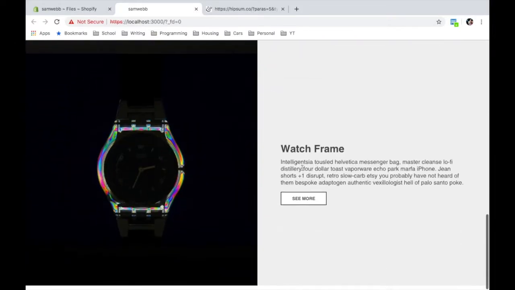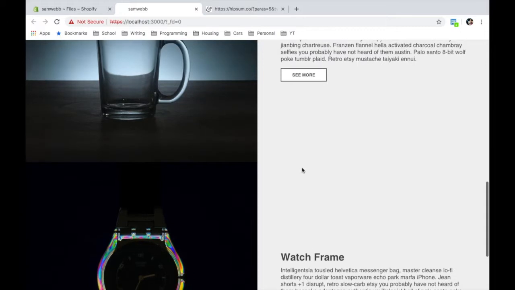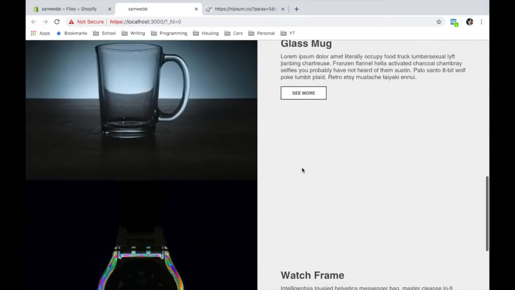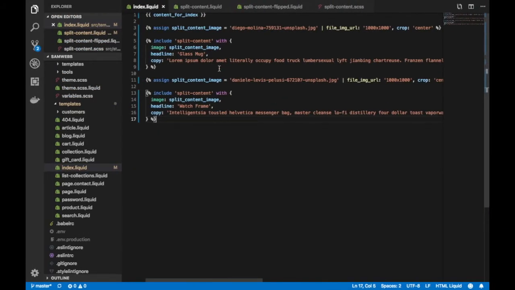Which, in this scenario, actually looks pretty decent. You've got the images both on the left and the text on the right. It kind of looks like some sort of timeline, maybe, or something that you could use this for. But that's not what we're going to use it for in this case. We want it to be flipped. So now we're going to get into another